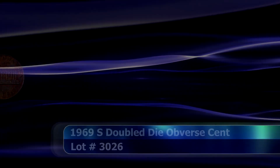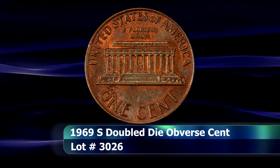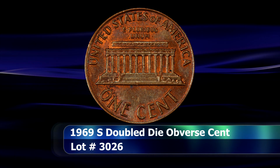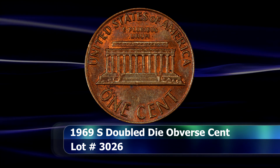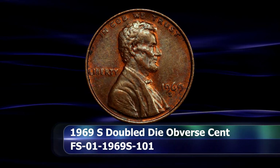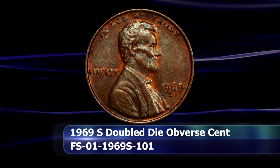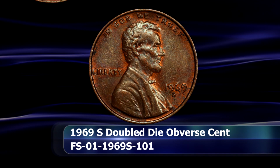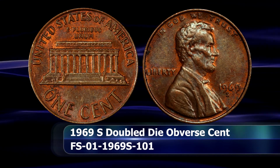Now, when it comes to variety coins, especially where the Lincoln Cent series is concerned, there are perhaps only a small handful of coins that can manage to outshine the 1969's double-die Obverse penny. While the doubling is not nearly as bold as, say, the 1955 coin that we looked at a little earlier,